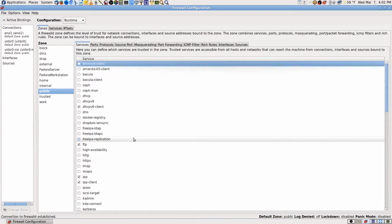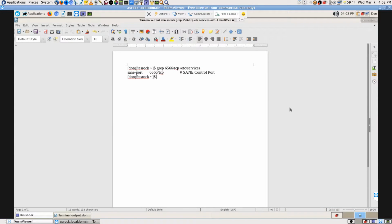Yeah. Okay. So what are my other ideas here? grep 665 TCP, same port, same control port. Okay. I've never changed any of that, never fiddled with it. So,